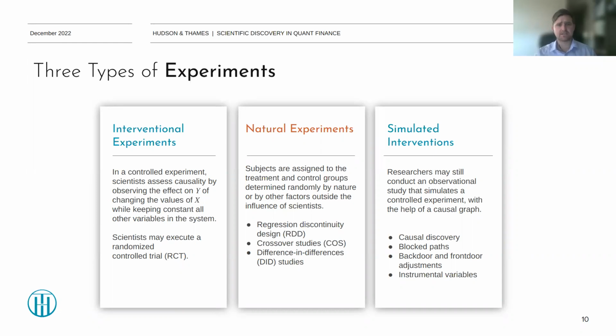So, for example, scientists may execute a randomized controlled trial where you have two groups of participants that you randomly assign, for example, a drug, and you see, keeping all the other variables the same, if that drug works. Examples of this are also a single blind, where the participants don't know if they receive the drug or not. So you would have a control group that you maybe give a placebo to.